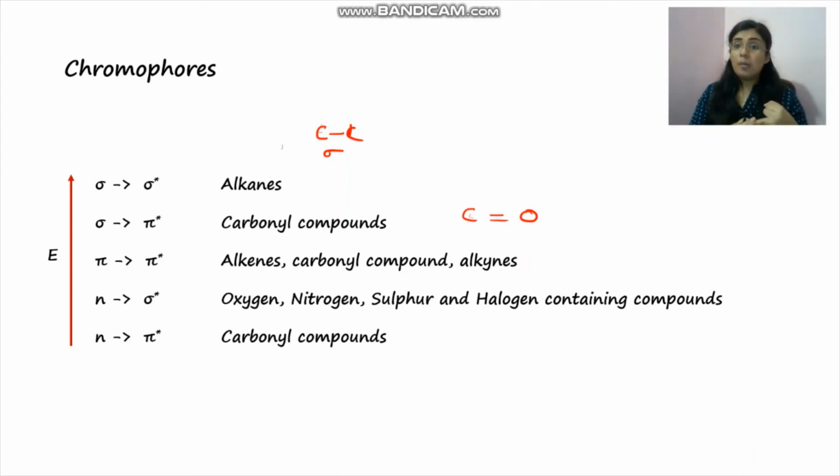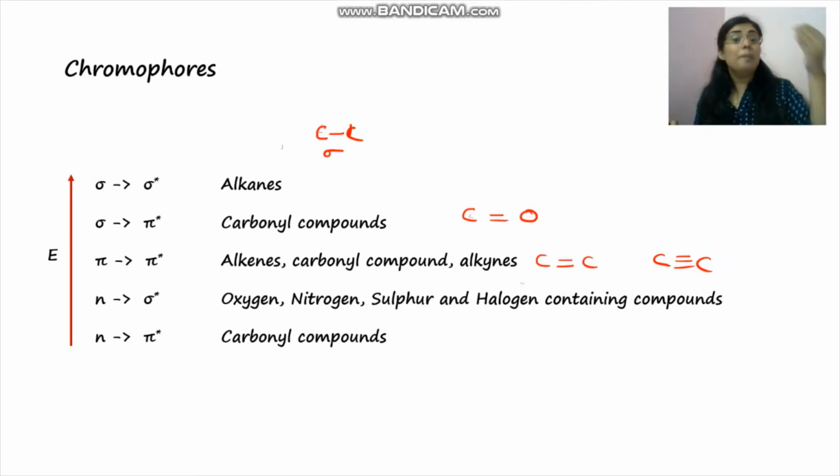So such compounds have the ability to undergo sigma to pi star transitions. Similar to carbonyl compounds, there is another set of compounds, the alkenes or alkynes. They also have sigma bonds and pi bonds. And due to the presence of pi bonds, such unsaturated compounds can undergo